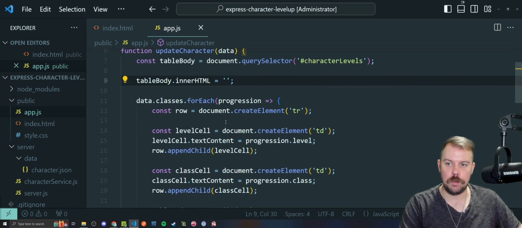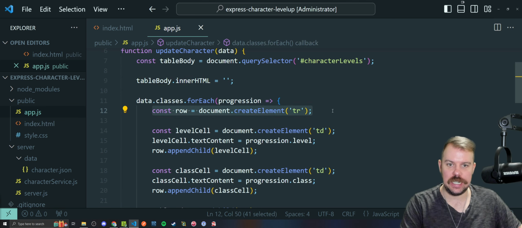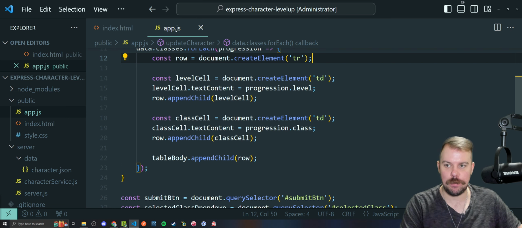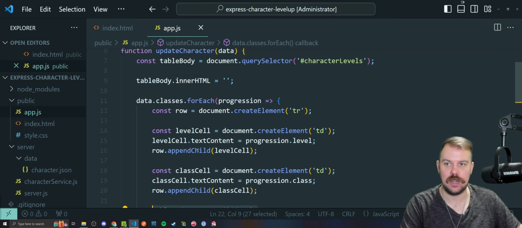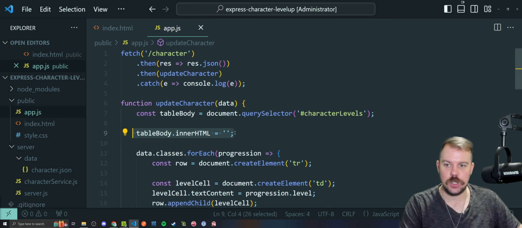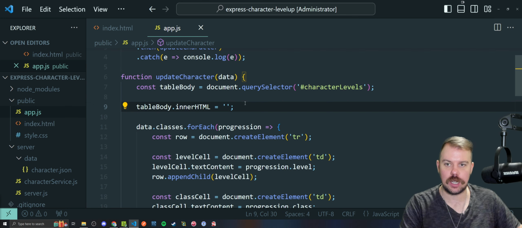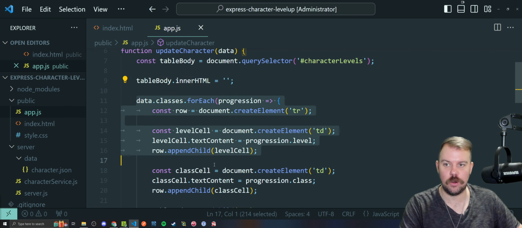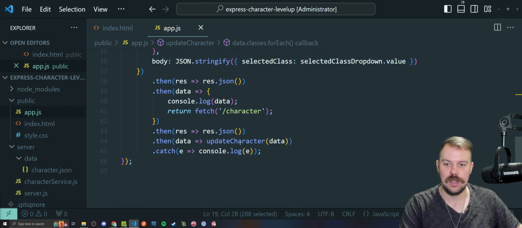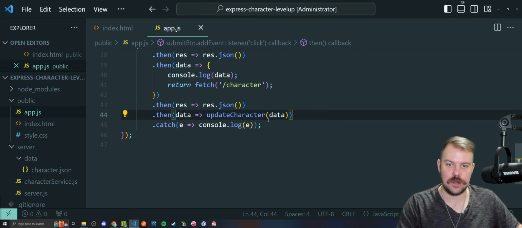data out. So we're going to say, hey, take all the rows you currently have, aka your inner HTML, because remember, we loop through the data we pass in as a parameter. We create a row for each object, aka level and selected class, and we create a bunch of content that goes inside of each row, and we append each row to the body. So if we simply ask the table body to empty out all of its current inner HTML, it should clear all the data to prepare for a new loop,